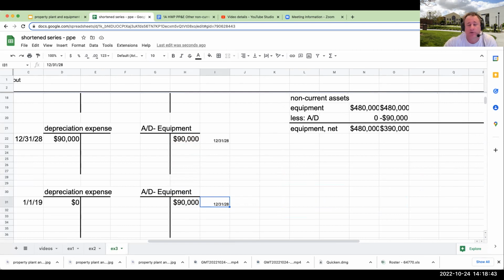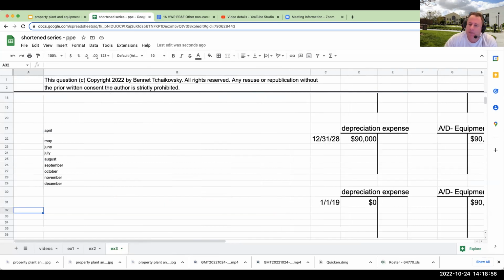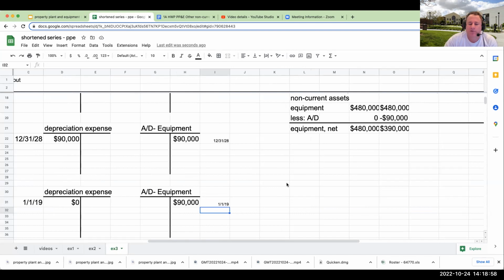We do not close out assets, contra assets, liability, contra liability accounts to retained earnings. Rather, we're going to carry forward the balances. So this is going to have a beginning balance of 90,000. Okay, so now that we have this part over here,